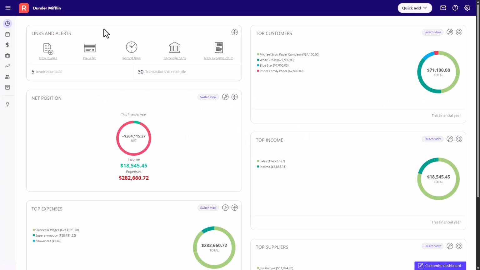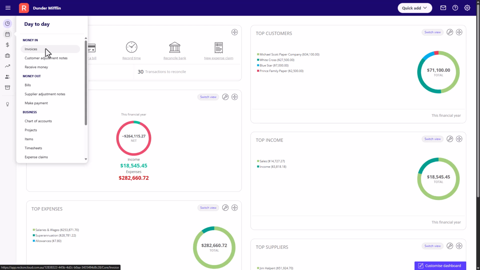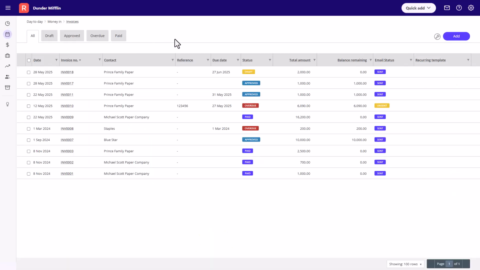Receiving a payment for an invoice is really easy in Reckon 1. First, select the Invoices option in the menu under Day to Day. The invoice list screen will open, and by default, it will display all invoices. Depending on your permission level, you'll see either an approved or unpaid status on any finalized invoices that are ready